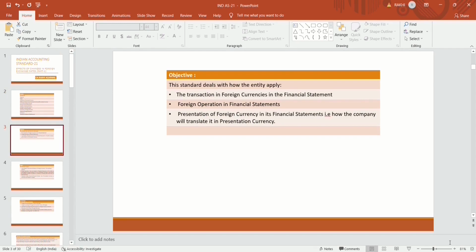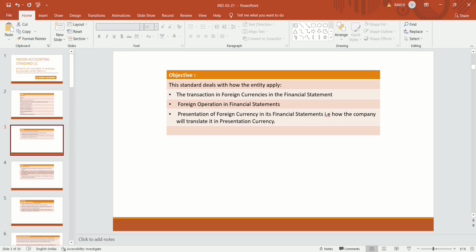Firstly, we make some introduction of this standard. This standard is quite different from AS 11. In AS 11 we only deal with foreign currency transactions. There is no concept of functional currency or presentation currency, but in Ind AS 21 we discuss the presentation currency and the functional currency, which is very important. The whole standard is based on the functional currency, which emerged in Ind AS 21, but AS 11 does not talk about